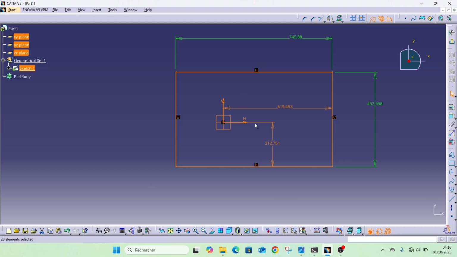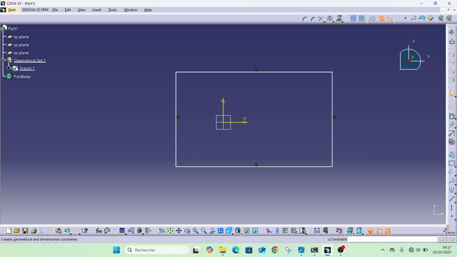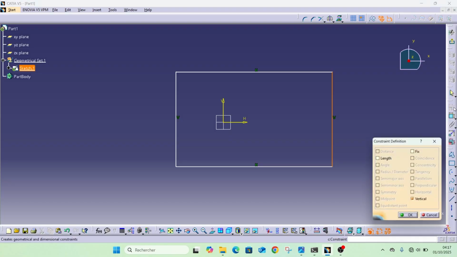And there is this constraints that we can define by this dialog box. We have multiple of them. We have distance, so we give the distance. We have the length. We have the angle. We can define an angle directly by it. The radius, the